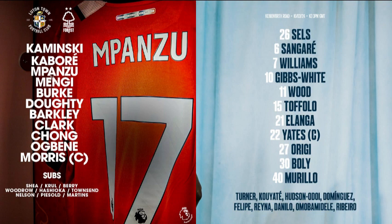Clark with a cross from the right-hand side, headed away by Williams for Nottingham Forest. Bouncing ball dealt with by Gibbs-White. We'll be there with Chris and the team as soon as we're done here at Kenilworth Road, as Burke picks it up now on the halfway line. And almost every outfield player is in the Forest half, away towards our left-hand side. Townsend's ball in field will be just dealt with by Yates, who prods it forward but doesn't get there to